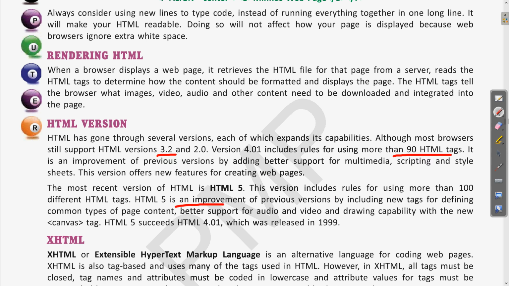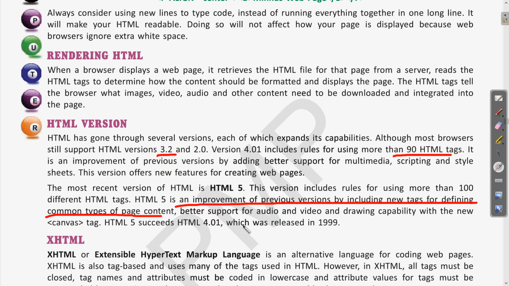HTML5 is an improvement of the previous version by including new tags for defining common types of page content. Clear? Then better support for audio and video and drawing capability with the new canvas tag. So in HTML5 we have better support for including audio and video features.